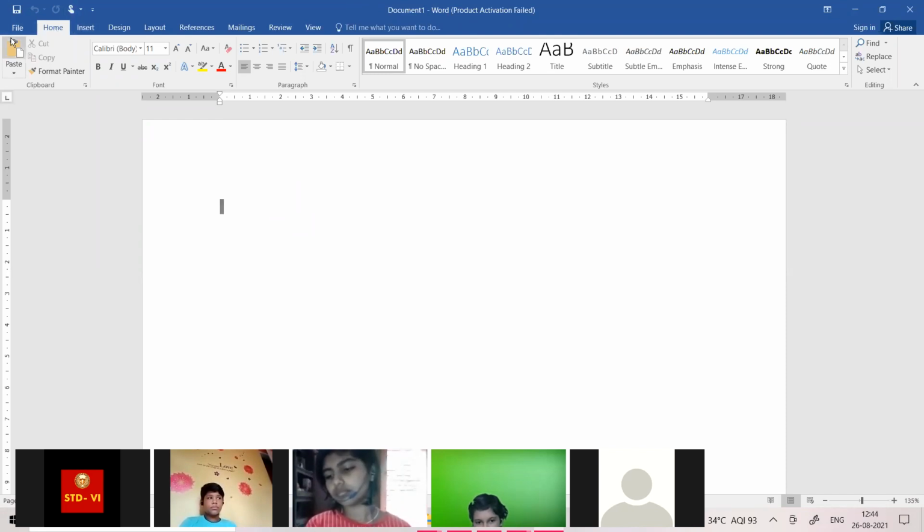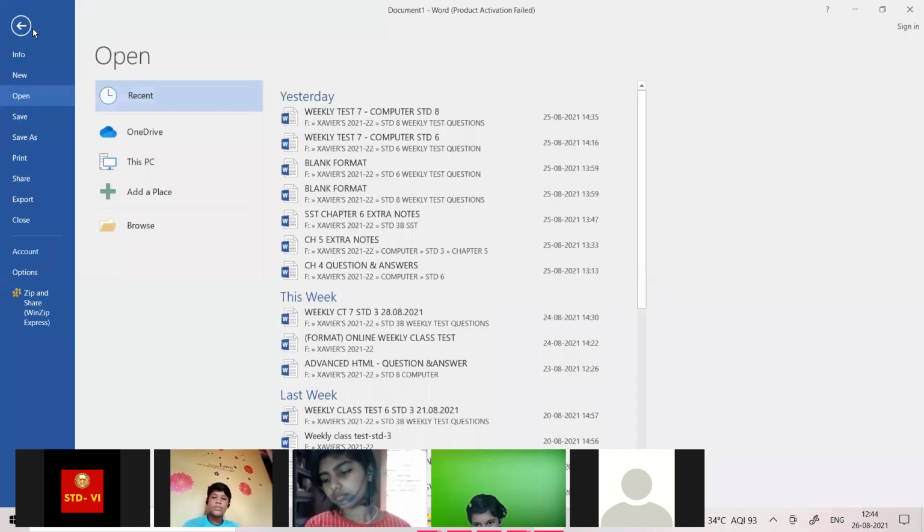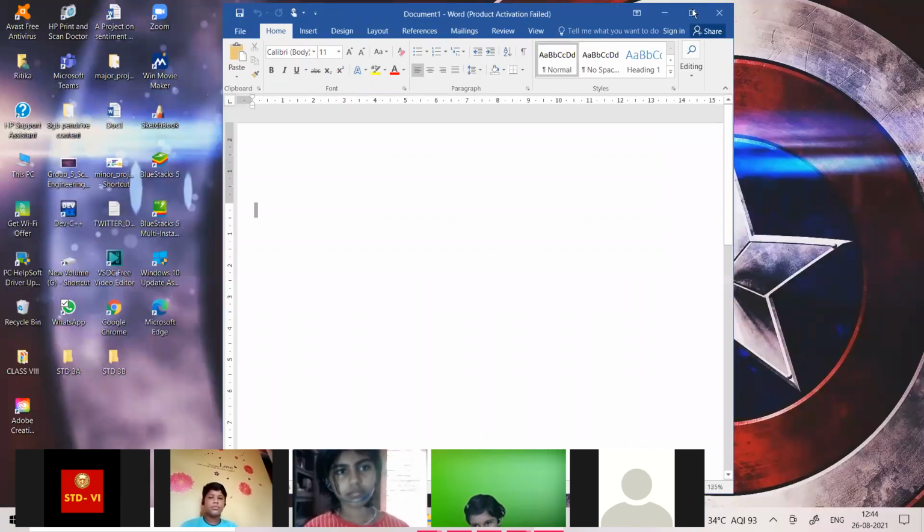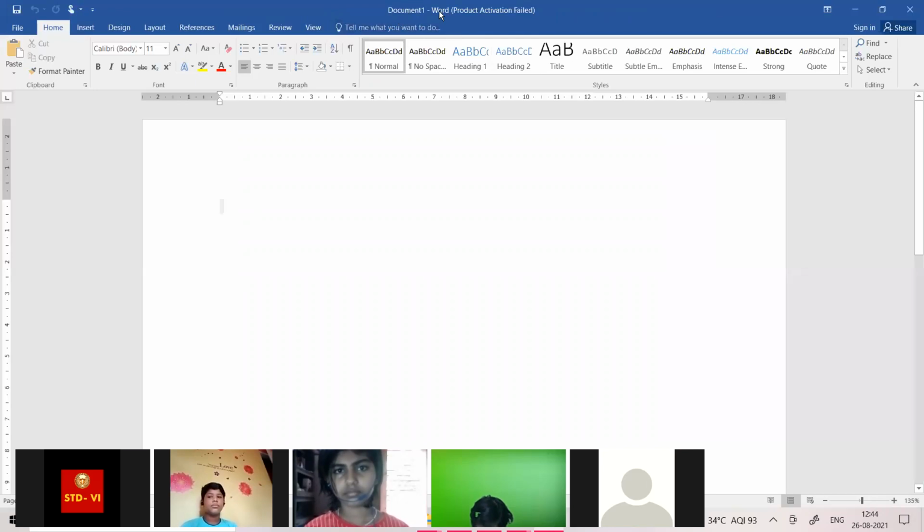Now here, these all are called tabs: file tab, home tab, insert tab, design, and everything else. And here you can see the document's name is given.